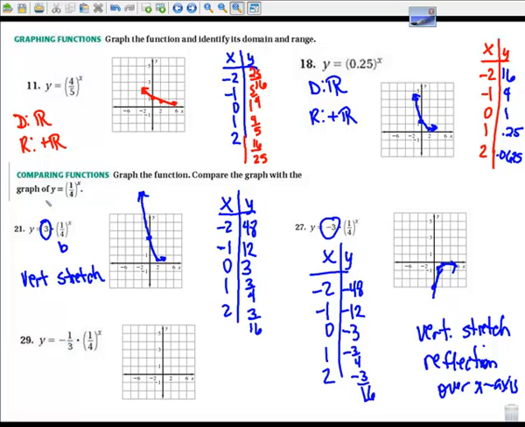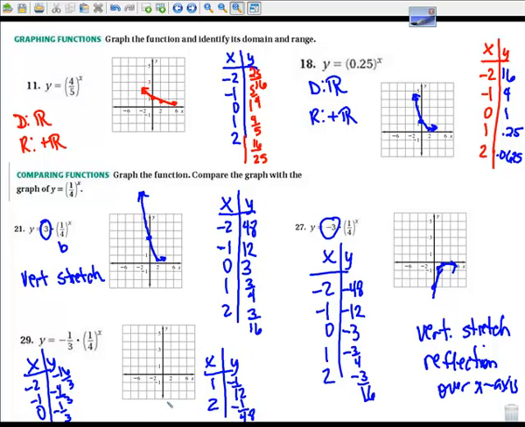All right, let's do this one here, number 29. Again, when I make my table, and I'll finish the table over here. But at 0, now it's going to be -1/3, and then I'm going to multiply that. Let's go ahead and do it over here when I have 1 and 2. So -1/3 times a fourth is -1/12. Now -1/12 times a fourth is -1/48. And here I'll multiply by the reciprocal, so -1/3 times 4 is -4/3. Times 4 again is